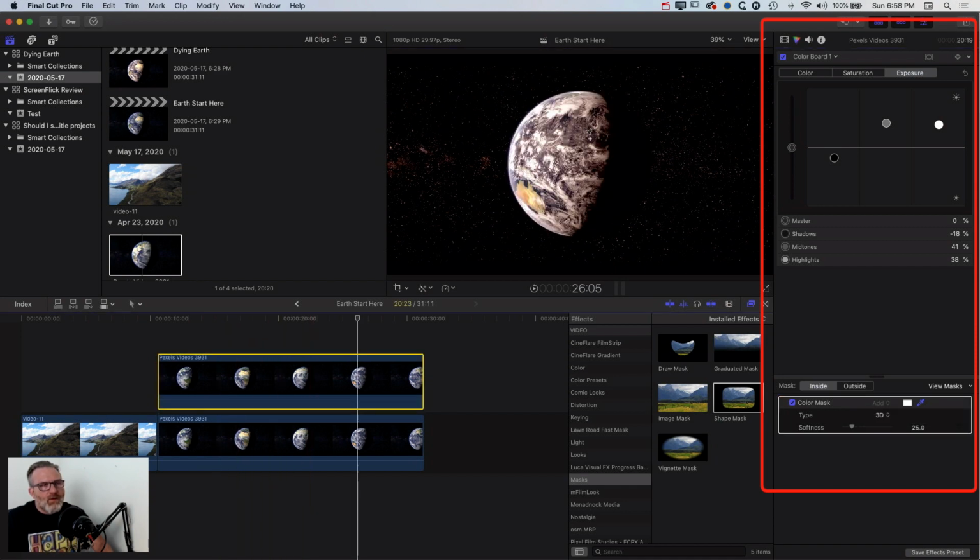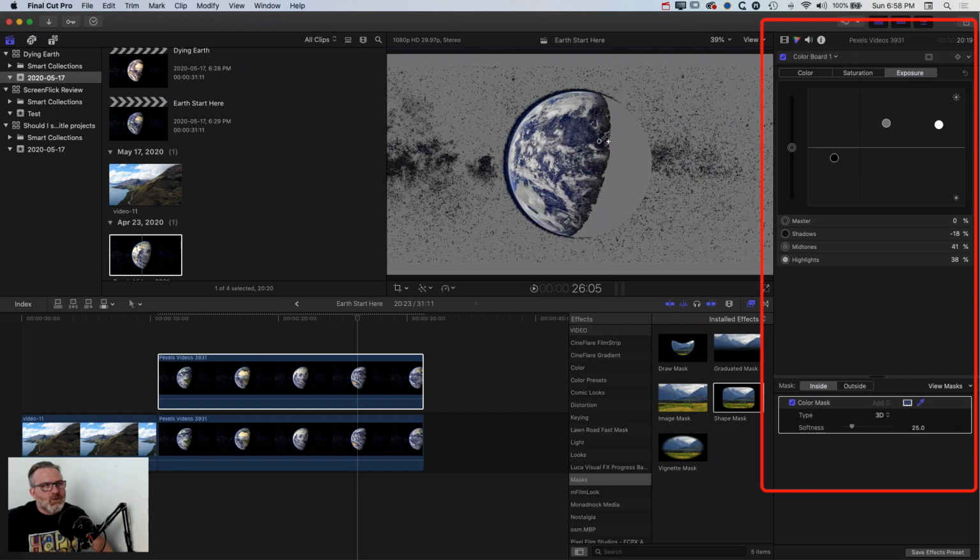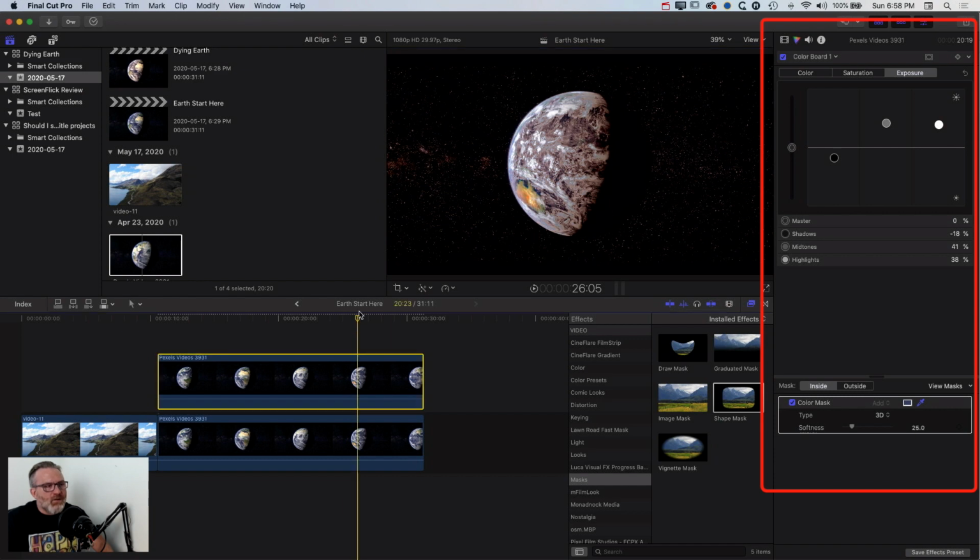We're going to find this part of the globe where there's lots of ocean, then use our eyedropper, stretch this out over the ocean, and find some other bits of ocean which we can add in there. And once that's done, just keep selecting it. You should see that the ocean is